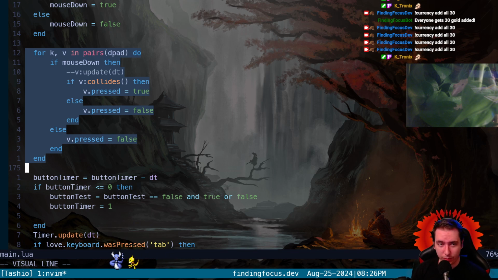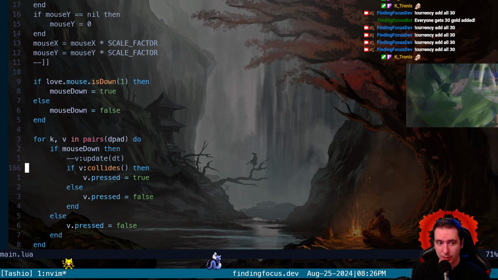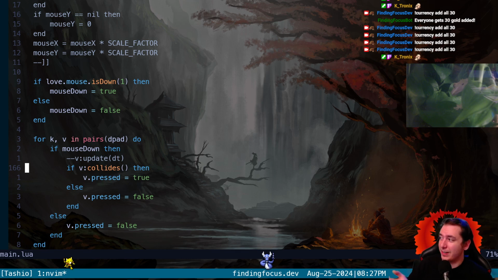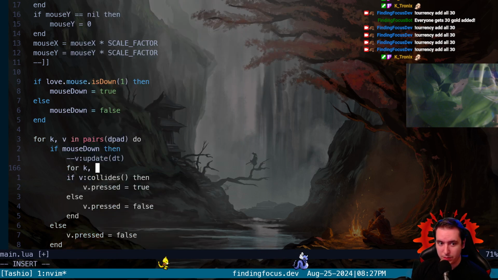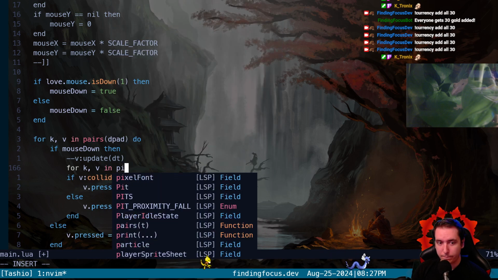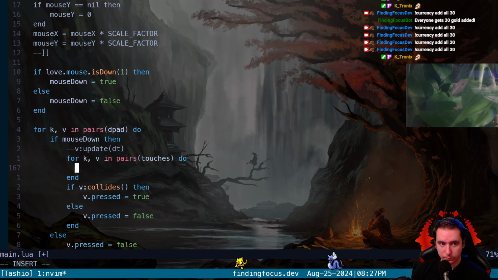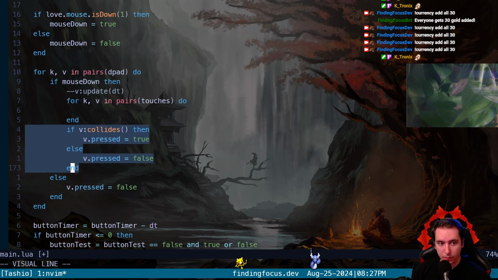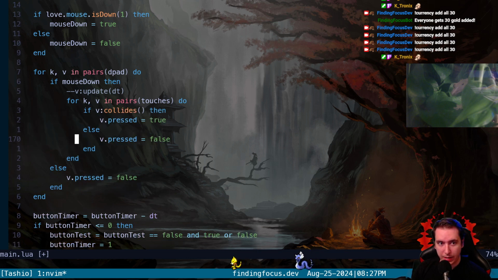So we need a nested for loop in here where we say, okay, if our mouse is down because something is being pressed, then we're going to go ahead and do the cycle. If nothing's being pressed, we don't need to check collision for any of the touches because they don't exist, right? So we'll say if mouse down, then we want to cycle through our touches. And if we collide with any of those touches, so we need